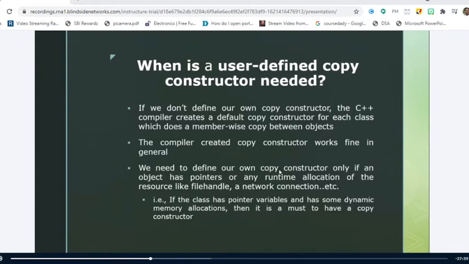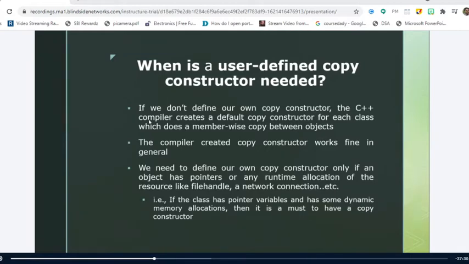See here. For example, if we forget to define the default constructor, does the compiler provide us with the default constructor or not? Yes, sir. We have studied from the first point onwards that when we forget to define the constructor, the compiler automatically creates a constructor for us.